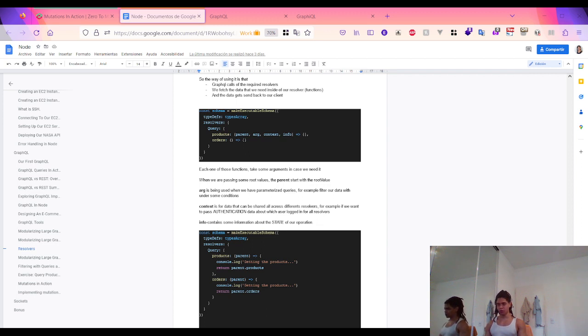And a more interesting thing is to look at the resolver's anatomy. The first argument is the parent, which is the root value that you provide. The other is the args, which is used for parameterized queries. So args are used when we use parameterized queries, for example, if you want to filter data with a particular criteria and then return that result to the front end,